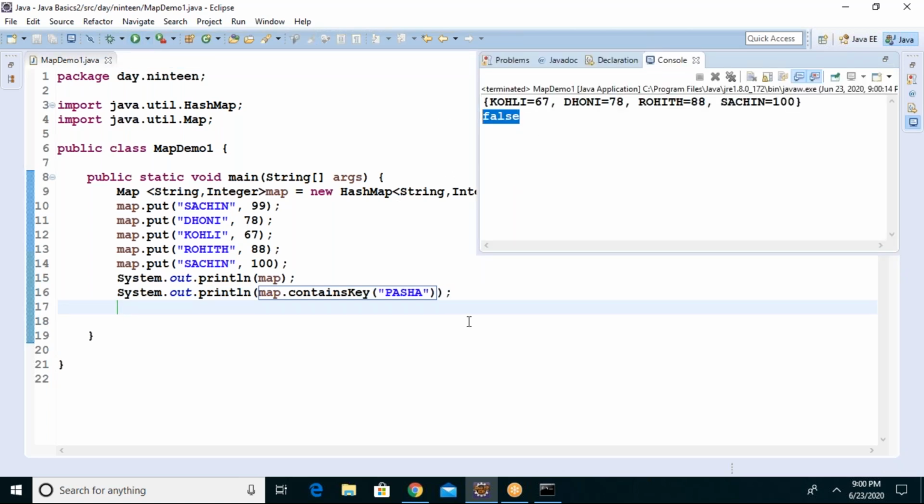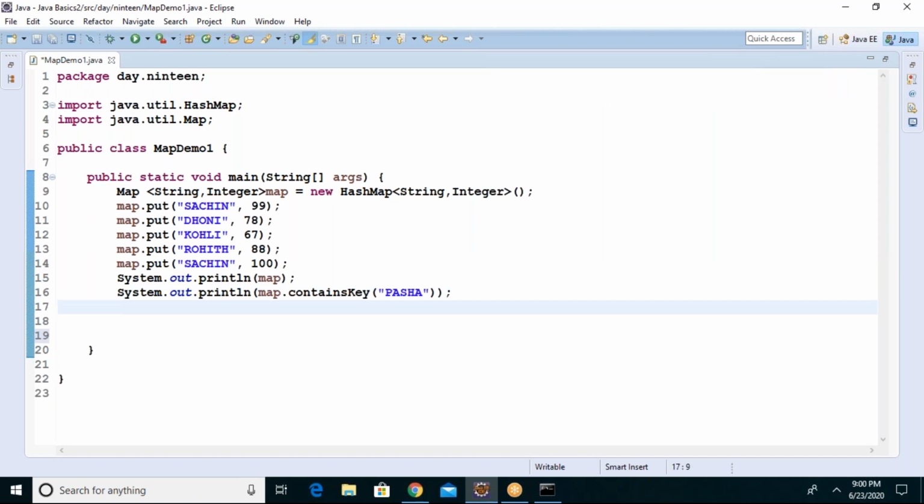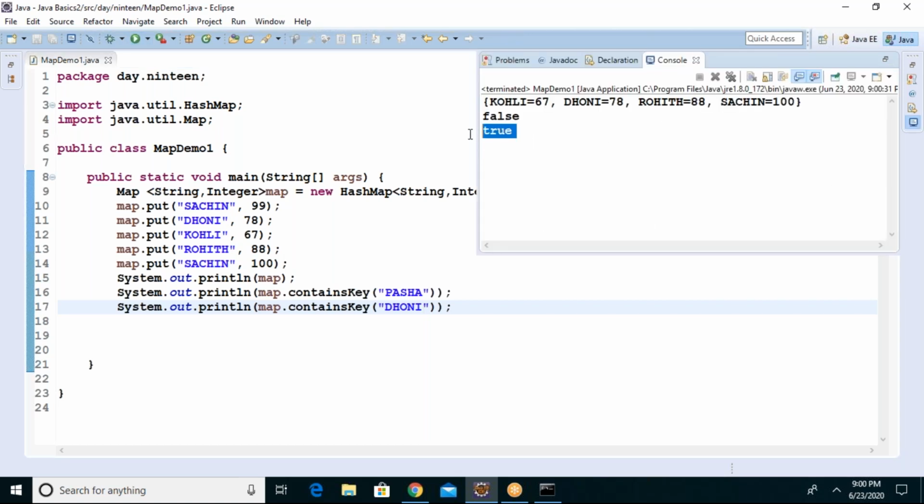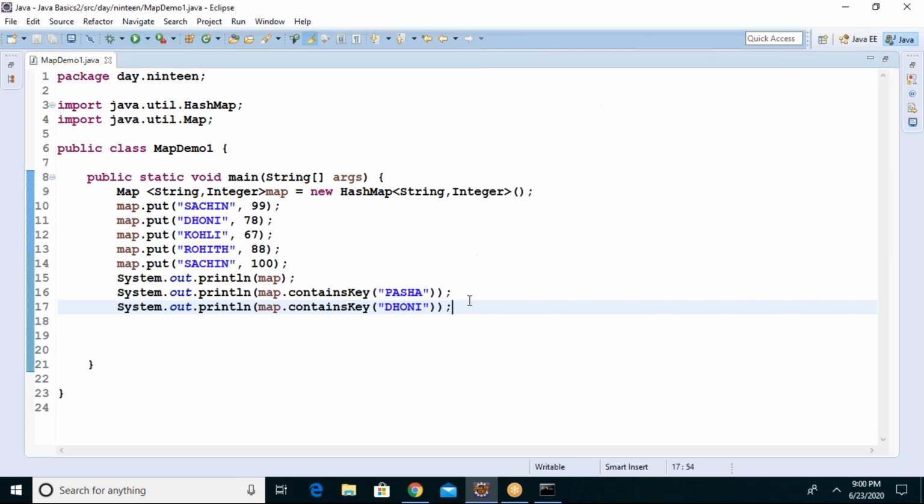See, false, because Pasha is not there. Similarly, containsKey Dhoni. It returns true because Dhoni is present.